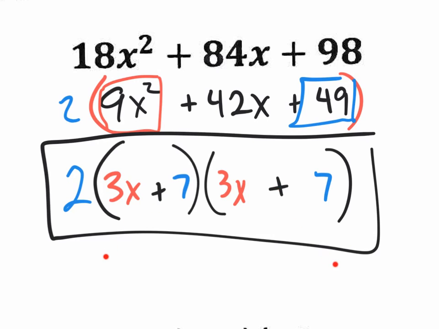Now, if this would have been equal to 0, then you'd have to divide by 2 and then split each of these and set them each equal to 0 and solve, right? But anyway,